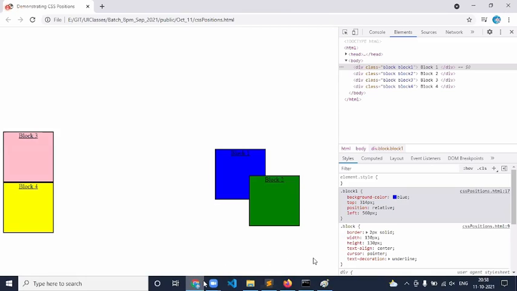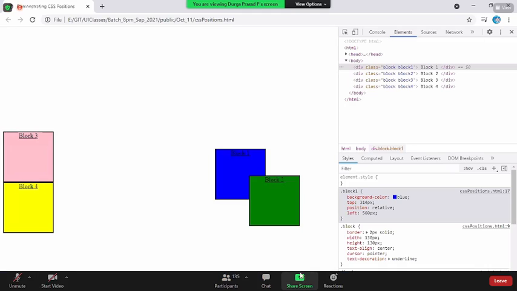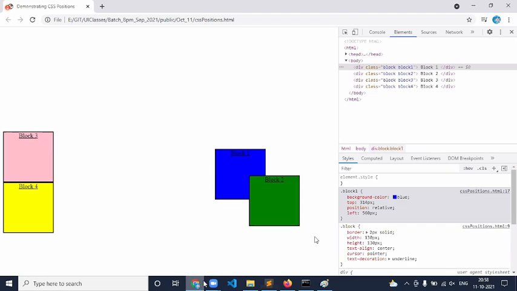Sir, can you make block 2 relative to block 1? When I say relative, it can never happen, because I have my own space and I only depend upon my own space. There is no chance that when block 2 is moving, you move according to that. No, I only move according to my own original default position.